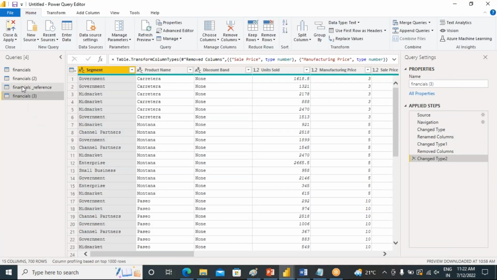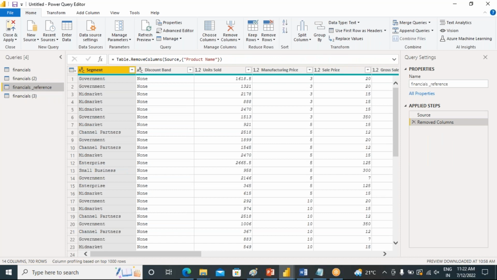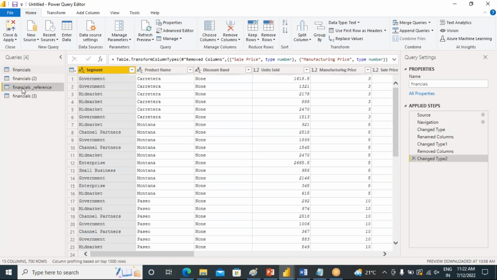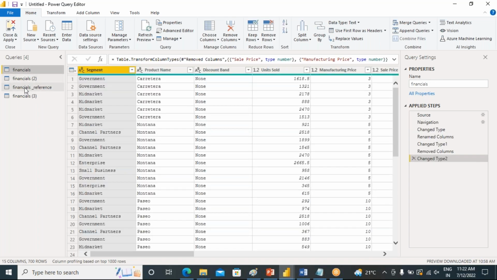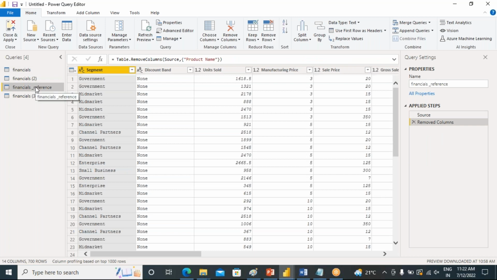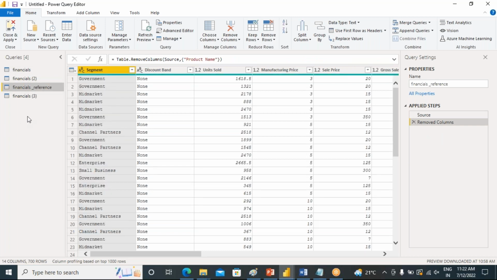What it means is, suppose the financial reference query always depends upon the financial base query. So if you copy this reference query and paste it,